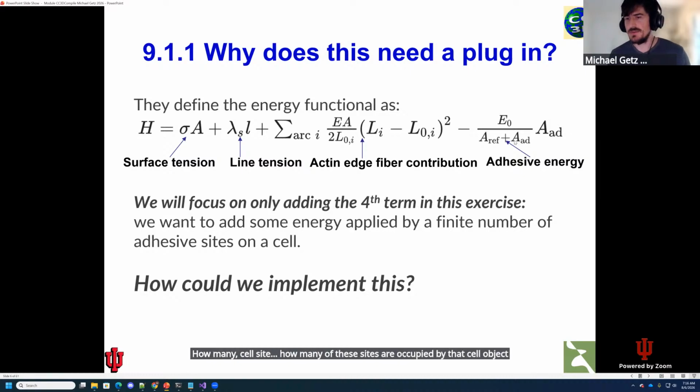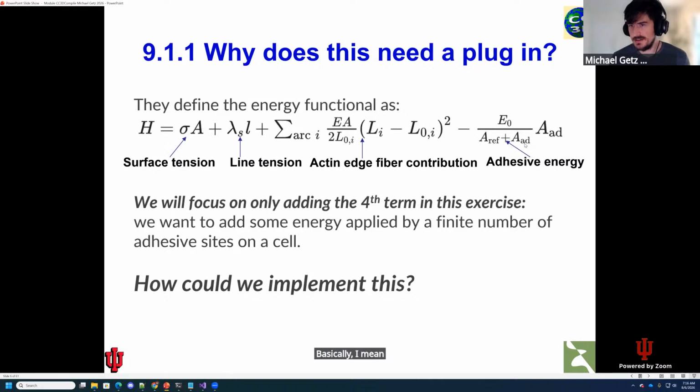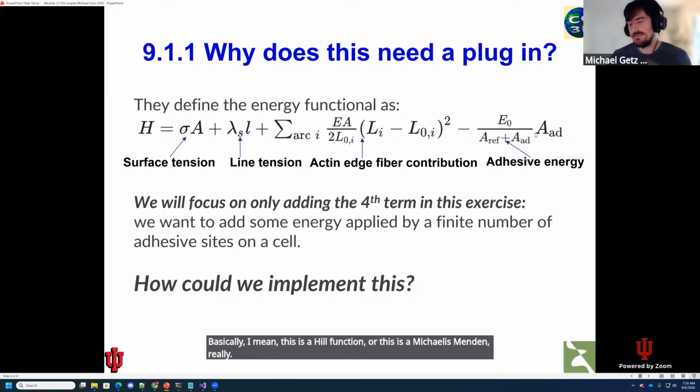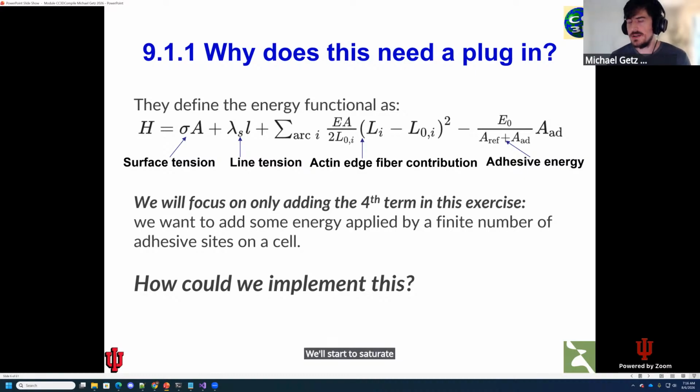And the cell will try to, basically, I mean, this is a Hill function, or this is a Michaelis-Menten, really, that basically this energy contribution will start to saturate out the more binding sites, or the more sites in this adhesive energy term